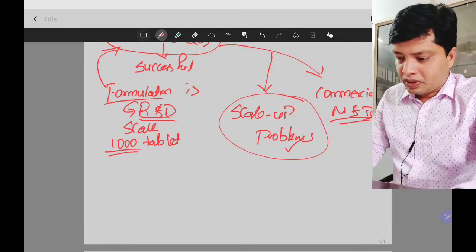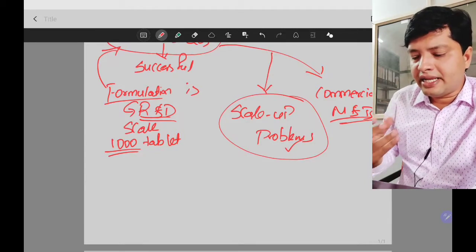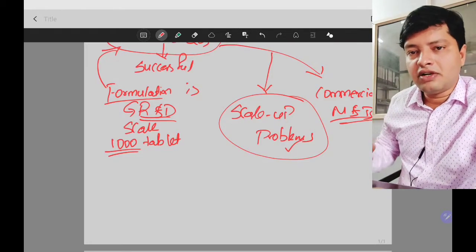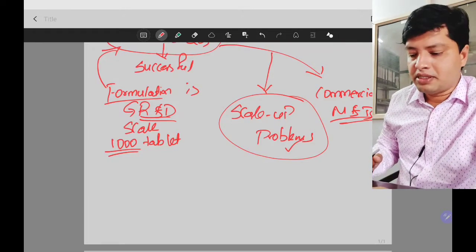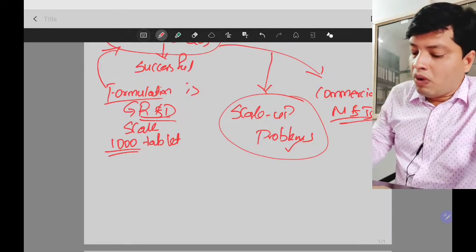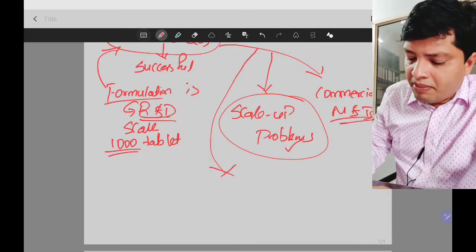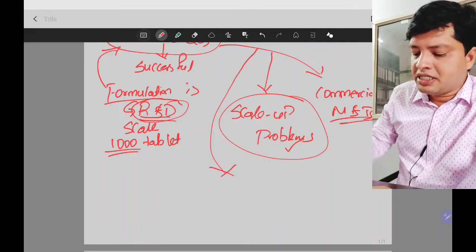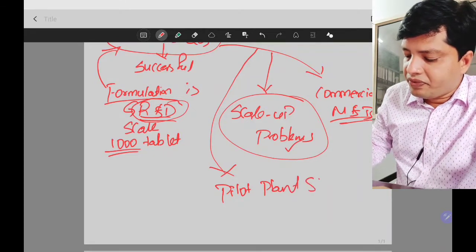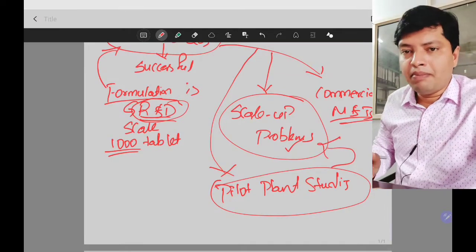Now to avoid these problems, because of the machinery which you use for mixing, let's take mixing as a scale up problem. In R&D scale it's hand mixing, but in commercial scale you will be using larger equipment. So there will be a scale up problem which you are going to face. To avoid this, what will you do? You will conduct these studies directly. You are not going directly from R&D scale to commercial scale. Instead you are conducting pilot plant studies, so that you will be solving those scale up problems.